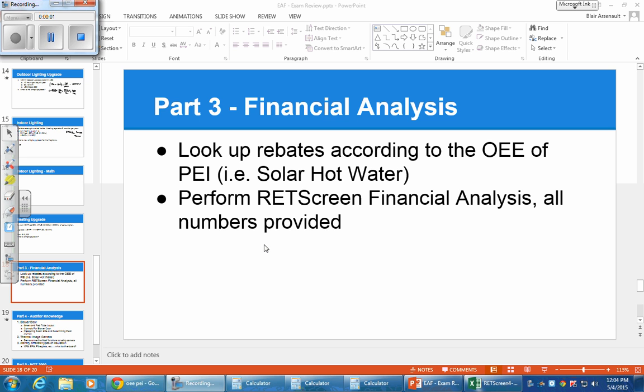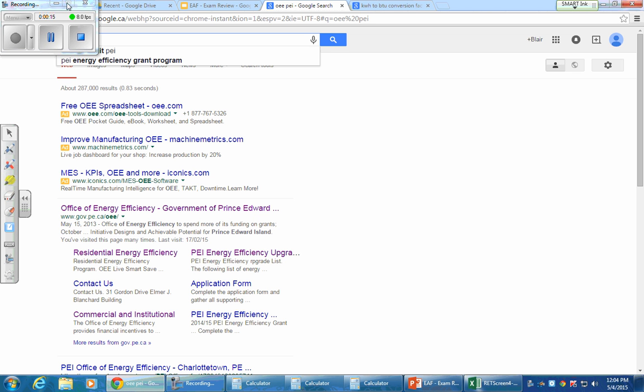Okay, moving on to part 3, financial analysis. First thing I'm going to have you do is look up rebates according to the Office of Energy Efficiency, PEI's website. So example would be solar water heater. So I go on good old Google and go OEE PEI, and that will bring up the Office of Energy